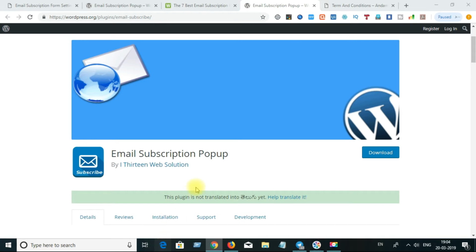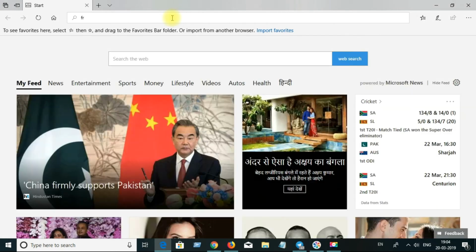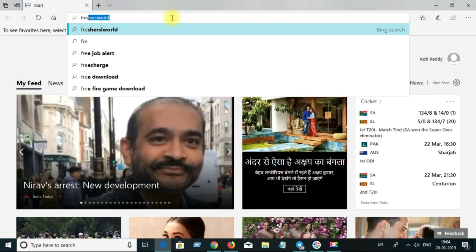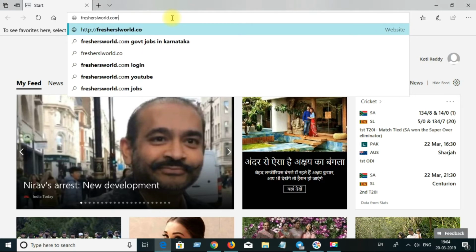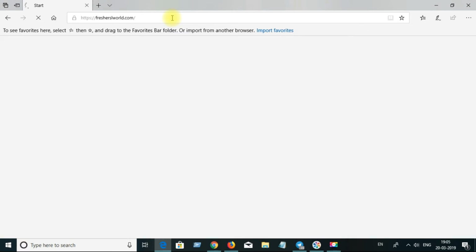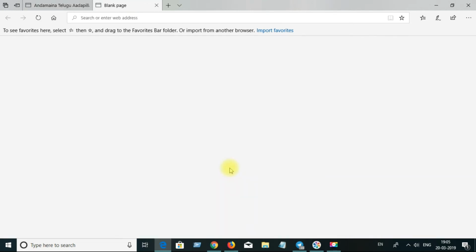Now again I am opening it to observe whether the terms of service URL is opening or not from the pop-up. Now click on terms of service in the pop-up.